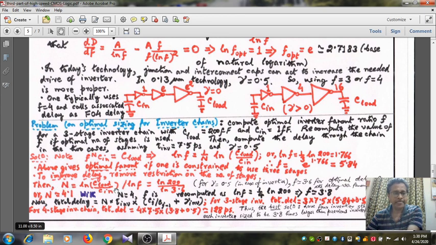So we find that for gamma equal to 0.5, from the delay versus fan out curve we know that F equal to nearly 3.6 for optimal path delay. So n becomes log of C load by C in, that is log of 200 divided by log of 3.6. Okay, so it is nearly 4.1. So the practical value is 4 because n is an integer. So we use a 4-stage inverter chain. Then F is recomputed as log of F equal to 1 by 4 into log of 200, or F equal to 3.8.